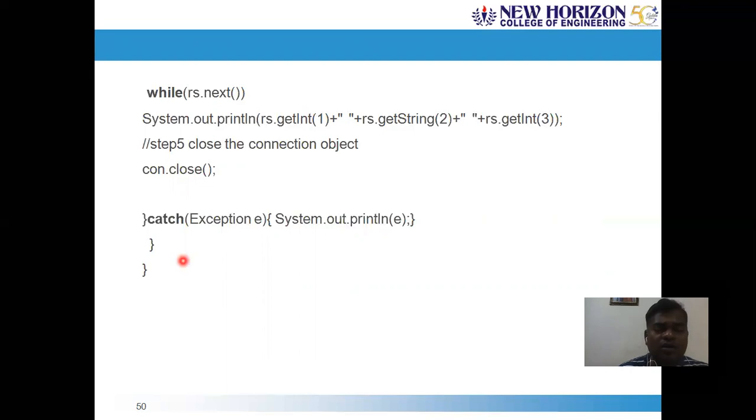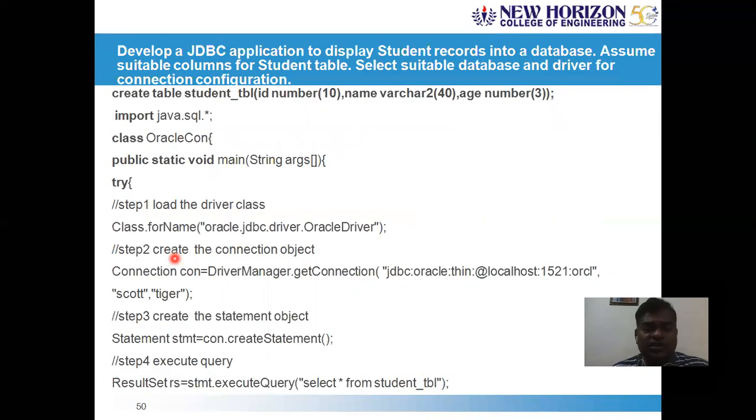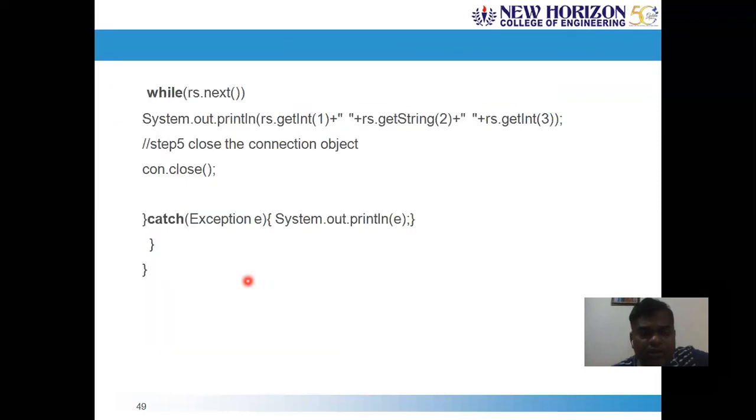Altogether, usually the Class.forName method returns ClassNotFoundException, and from here onwards SQLExceptions will be generated. So instead of mentioning separate blocks as an exception handler for each statement, which is a very tedious task, what we'll do is make a common exception handler, that is Exception e.